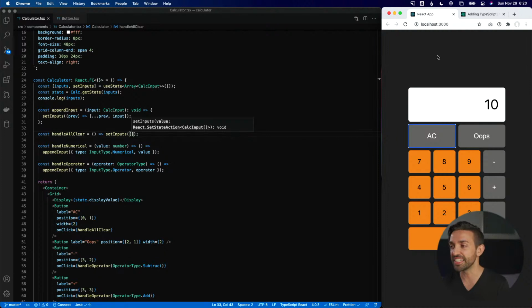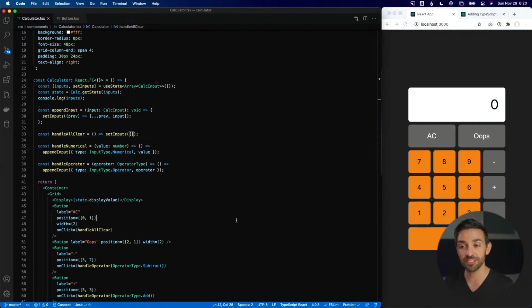Kind of needed an indicator if this reloaded. All clear, 0. Okay, excellent. Let me refresh. 1, 5, all clear. There we go, 0. That was easy. Okay, now oops. Oops may be just as easy. Let's see. Let's do a similar thing here. On click